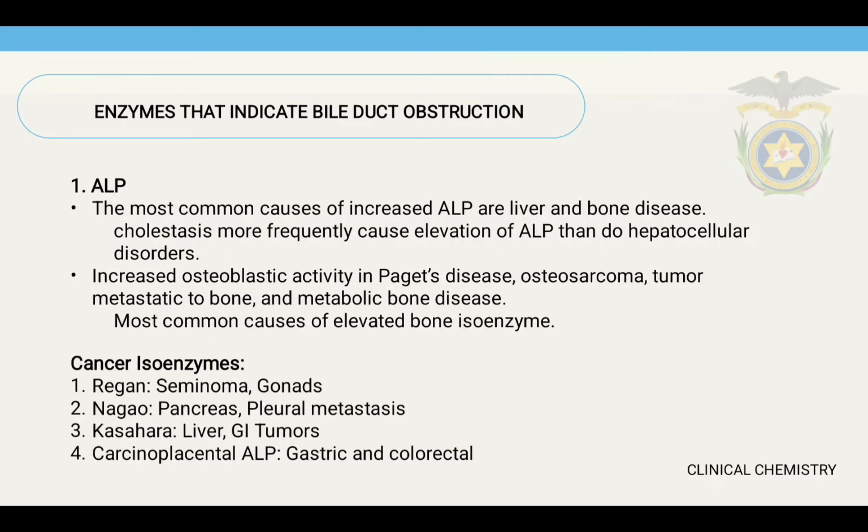The most common cause of increased ALP are liver and bone diseases. Cholestasis more frequently causes an elevation of ALP than do hepatocellular disorders. But the most common cause of an increased bone isoenzyme is Paget's disease, in which there is an increase in osteoblastic activity. Some cancer isoenzymes are Regan, which is found in your seminoma and your gonads, Nagao for your pancreas and chlorometastasis, Kasahara in your liver and GI tumors, and then the carcinoplacental ALP found in gastric and